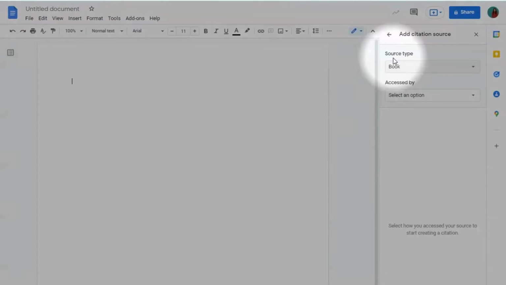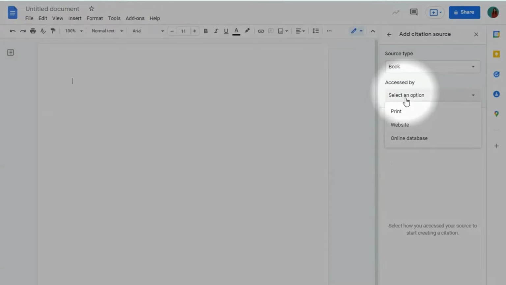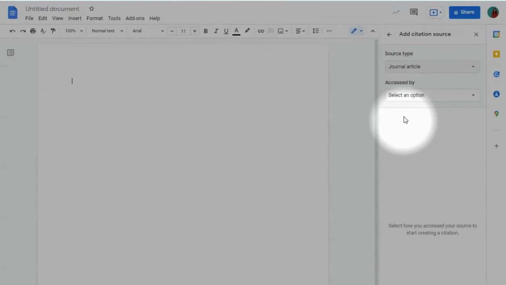You'll see the source type and a drop down to pick the source type, as well as access by and another drop down. So the first example, depending on what you pick as the first drop down with source type, will determine what the access by says. For books, it says, is it a printed book, a website, or an online database? For book section, it says the exact same thing. However, for website, as you see, access by changed, and now it says website, search with URL, journal article,